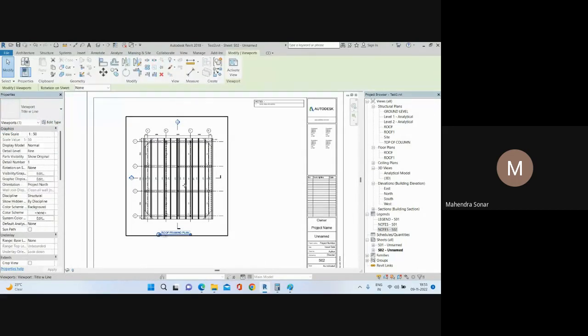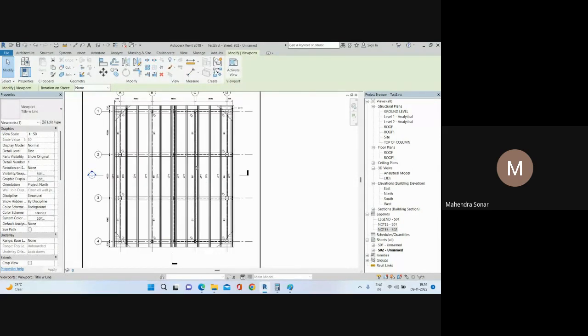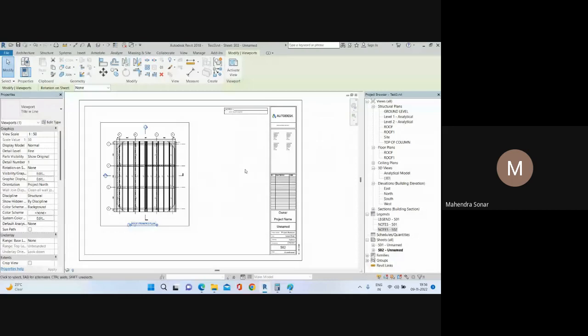Okay, in this drawing, you need to give all your framing elevation. Sorry, framing plan. So this is your roof framing plan. Okay. After that, you need to give